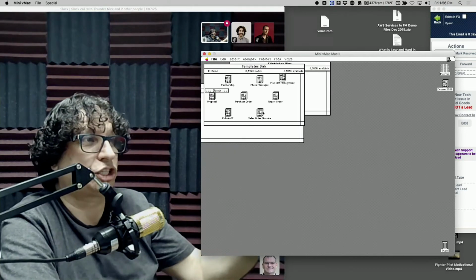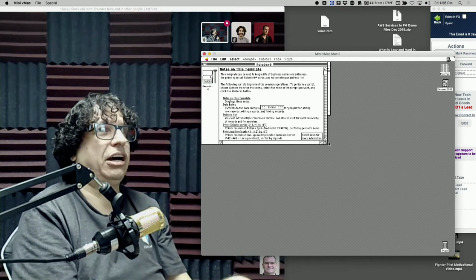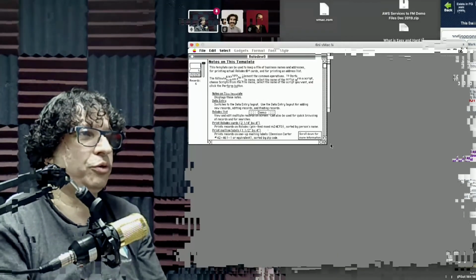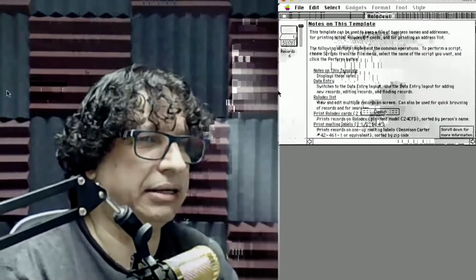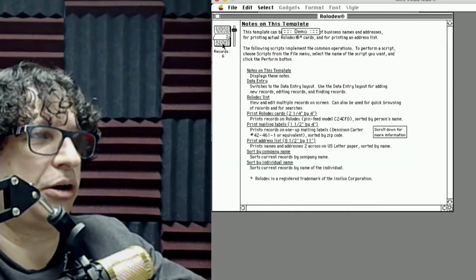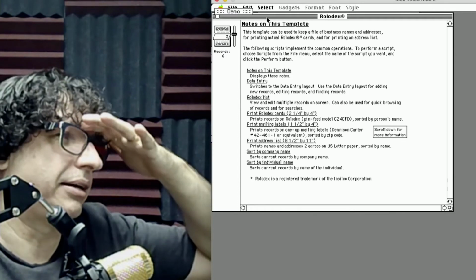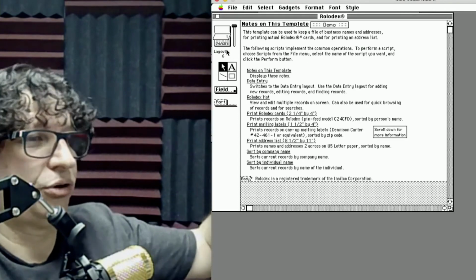But Photoshop survived, right? So FileMaker is in the class of software like Photoshop, Word, Excel. This is a software that has survived.